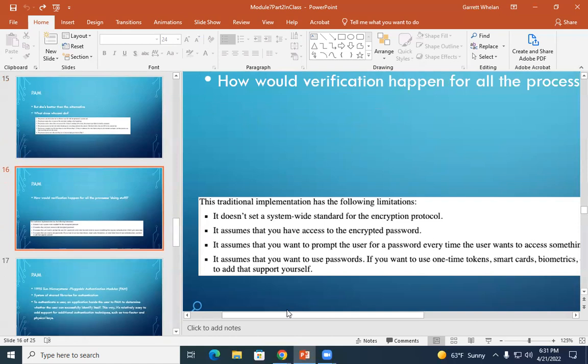There was no system-wide standard for encryption protocols, that is, for things like passwords. There was no way to say everybody has to have their password encrypted up to this level. It assumed that you had access to the encrypted password, so a user would have to give a password. I couldn't have a process do a thing with permissions later on. It had to have a password. It assumed you had to prompt the user for a password every time they wanted to access it,